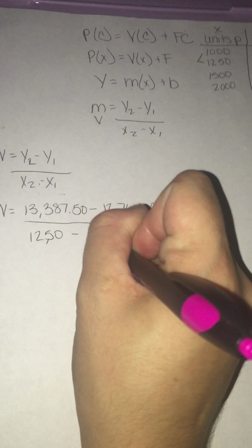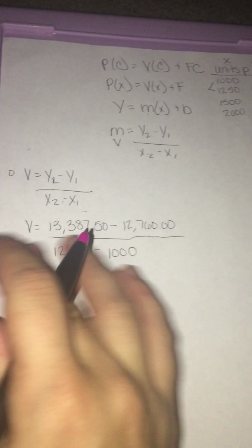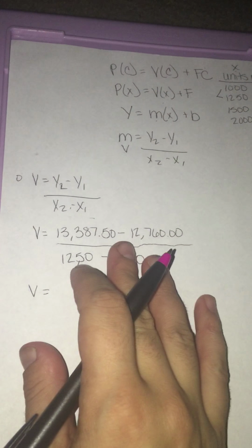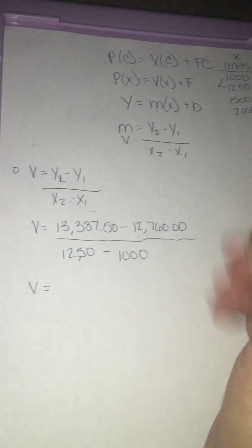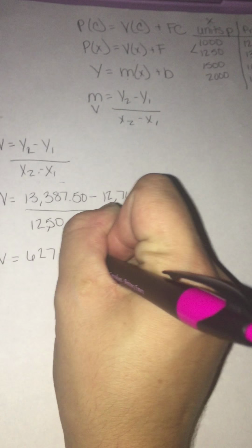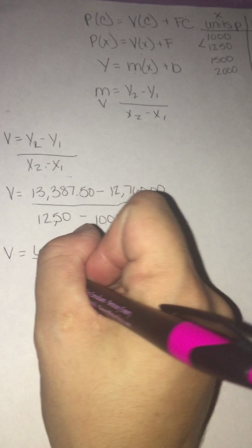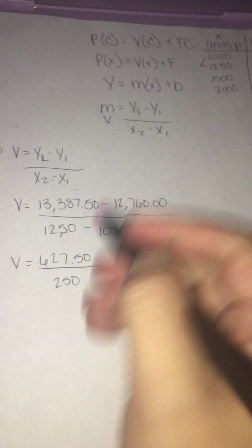Okay, now I'm just going to do the math real quick. And I always do it step by step. So I subtract these, which gives you 627.50 divided by 1250 minus 1000, which is 250. And then you divide those,